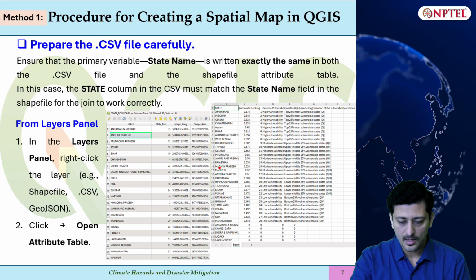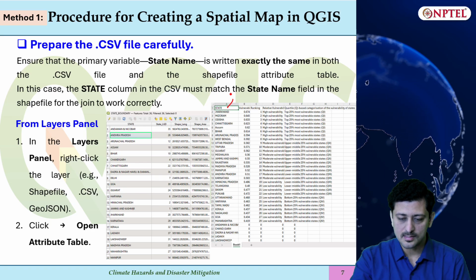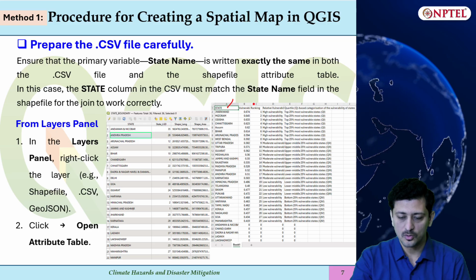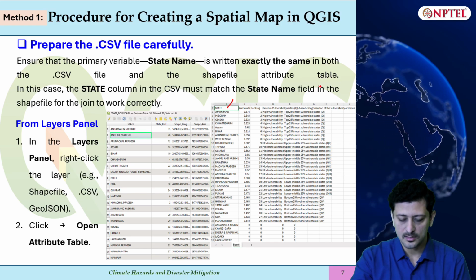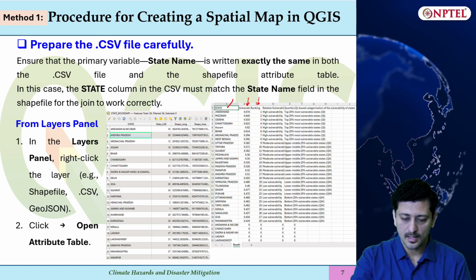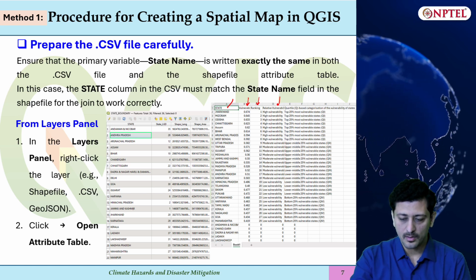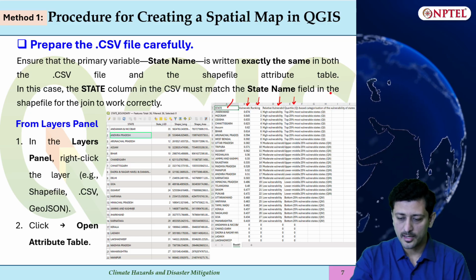So this is the CSV file. If you see, you have the first column as state. These files will be shared with you. From the report we have taken the data, and we have also mentioned the report later on. Then the vulnerability index calculation, the ranking, then relative vulnerability as high, low, moderate, and quartile based vulnerability.